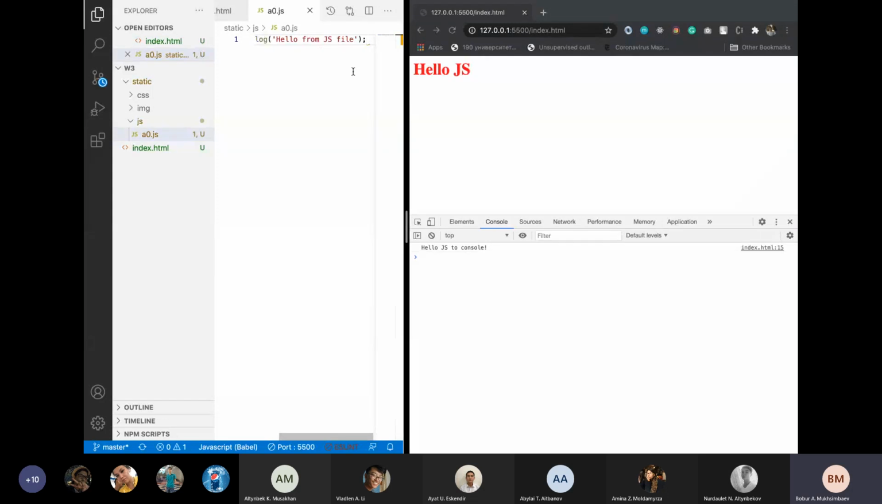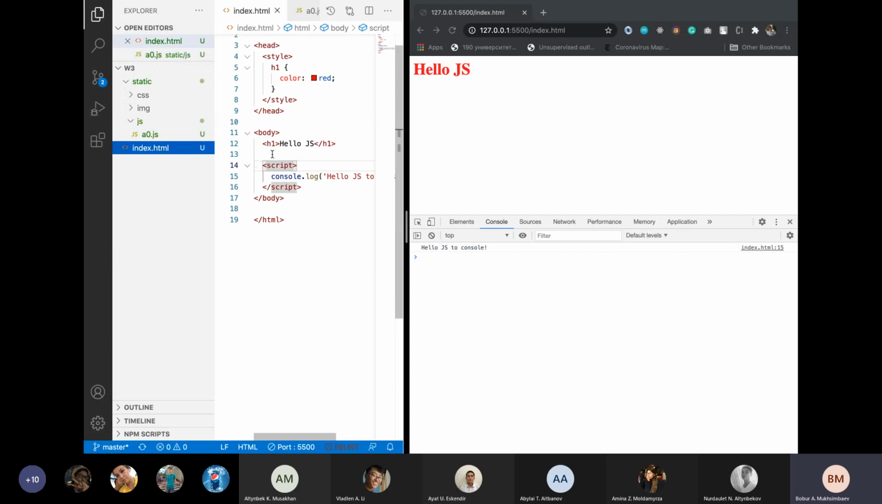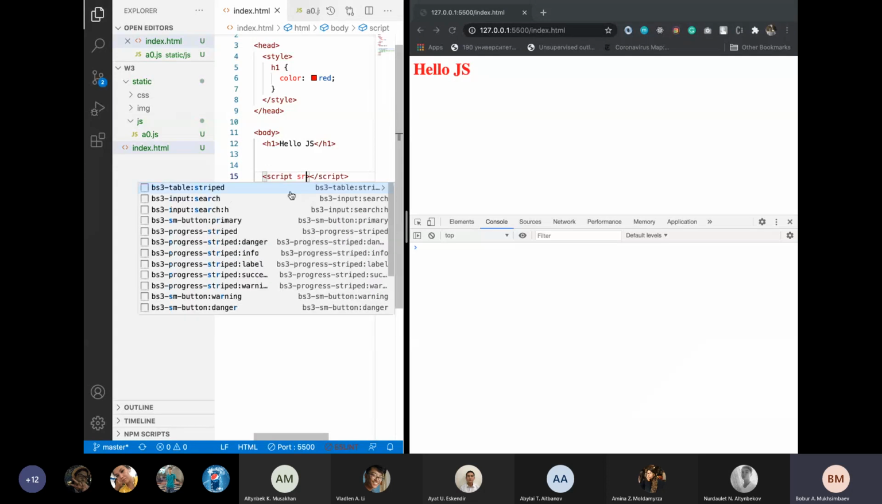So, hello from JS file, we added to our newly created file A0.js. And how can we add or include this file to our HTML page? As we can see here, we have only a script tag without any src, so we have here our own code. Let's comment these lines and add a new tag with the src